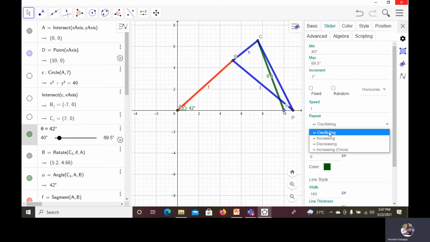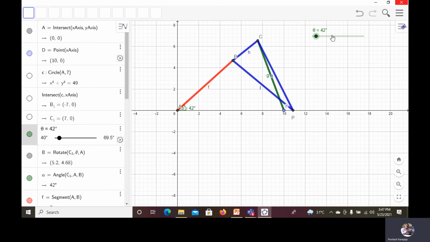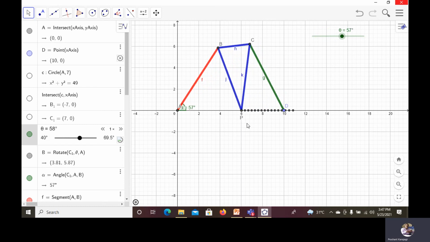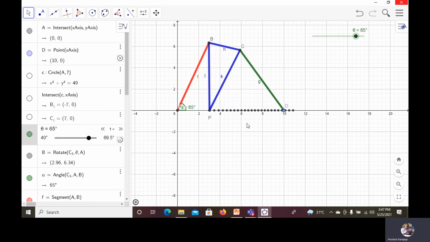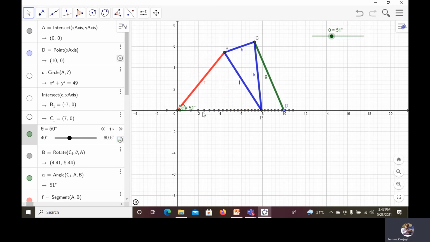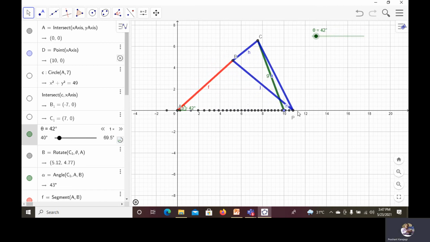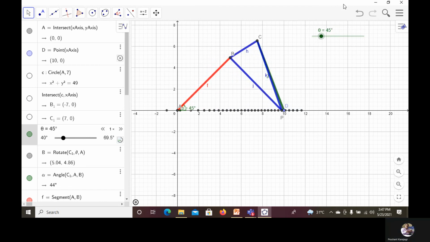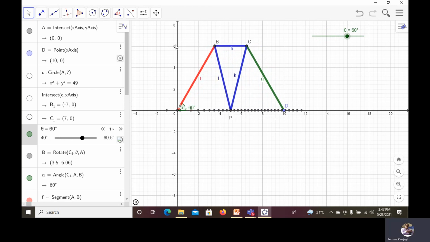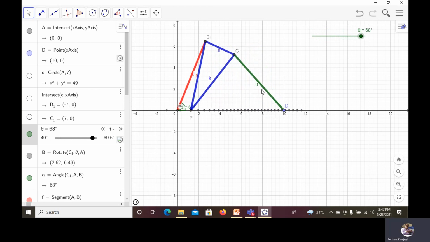How should it repeat? That is oscillating. You just check that. Now you apply animation. Now you will observe that as the mechanism moves, it takes different positions. Point P traces a straight line path. So this is nothing but Robert's straight line mechanism.